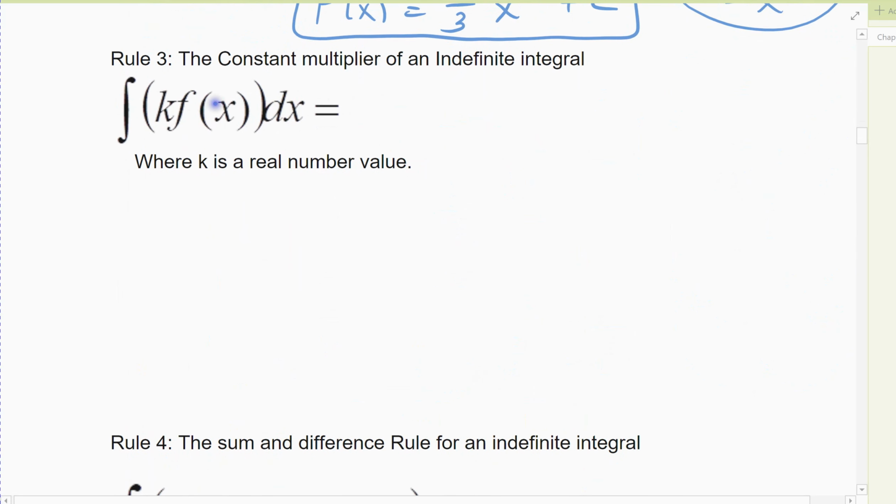Constant times a function. So basically the constant can come out. Again, it's the same rule as the derivative, right? When I have a constant out front, the constant comes along, I take the derivative of the function. Well, the same thing's true for the antiderivative. The constant just comes along, I take the antiderivative of the function part, and then I tack on a c. So if I have something like